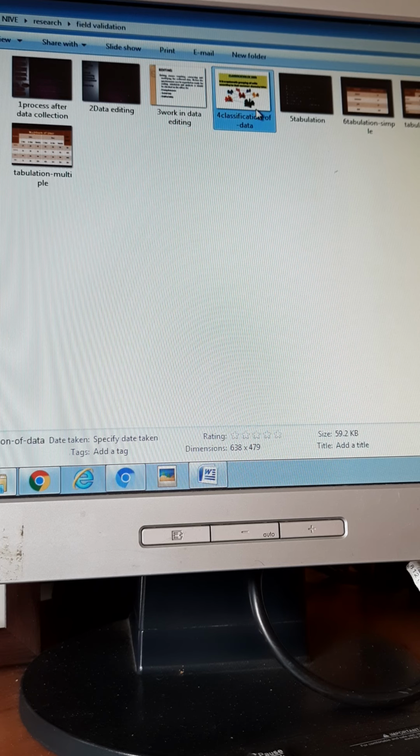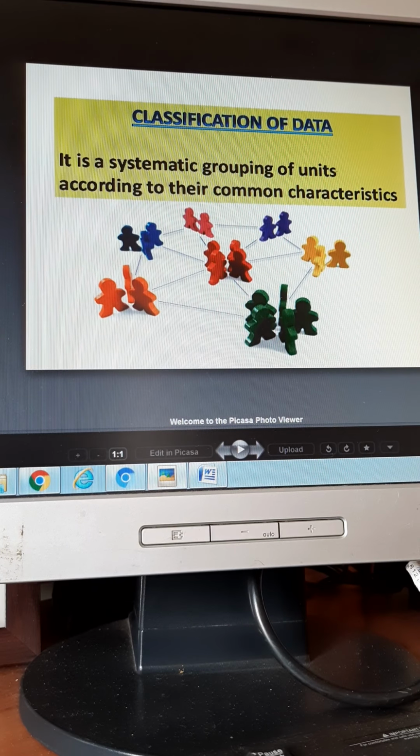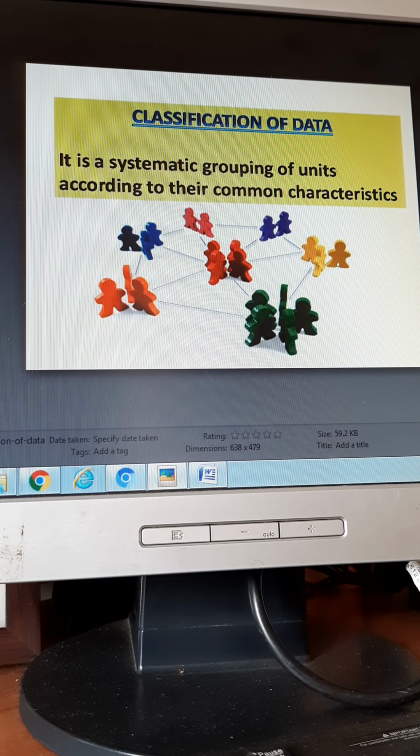Then what you will have to do is classification of data. What will you do in the classification? It is systematic grouping of data. What are the answers? Male, female, and then North Bangalore, South Bangalore, Bangalore East, West, pin code wise. Like this, they will segregate the data so that it is classified properly to elicit good information.